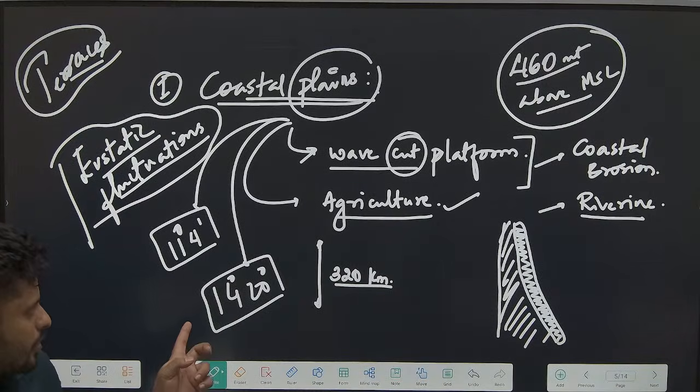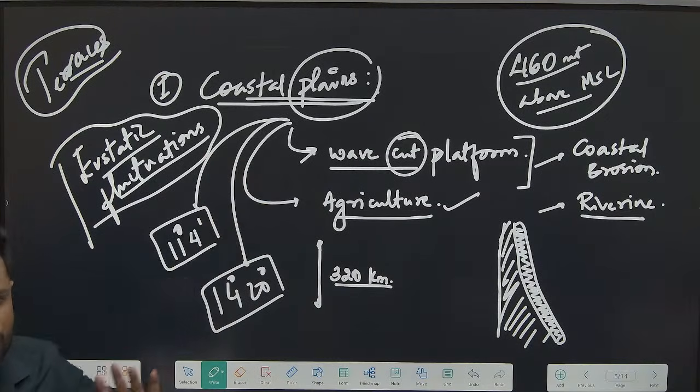So my point over here, first of all, is this coastal plain of Karnataka, has it been subjected to changes in the sea level? Is the sea level of the world constant? Does it change? How? In a glacial period, during glaciation, the sea level will drop down. Right? When the sea level drops down, can I say more land mass is exposed? And an ice age is not 1 year or 2 years or 6 months. Is that how it is going to be? It's going to be for a long period of time.